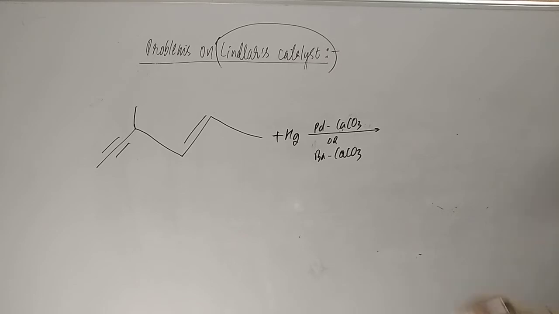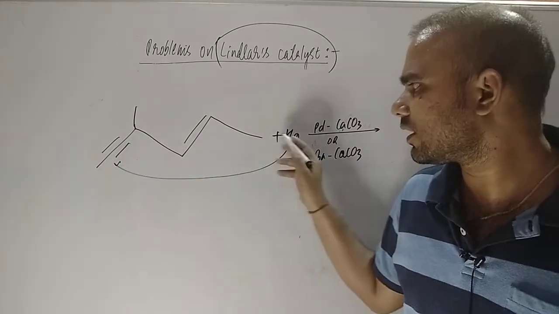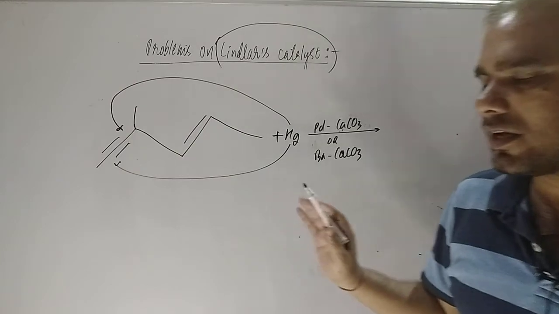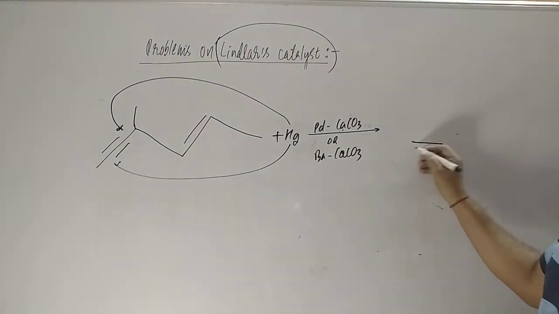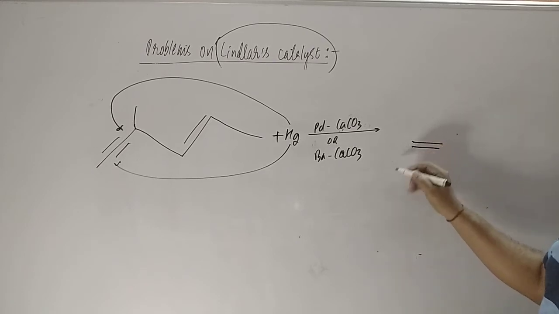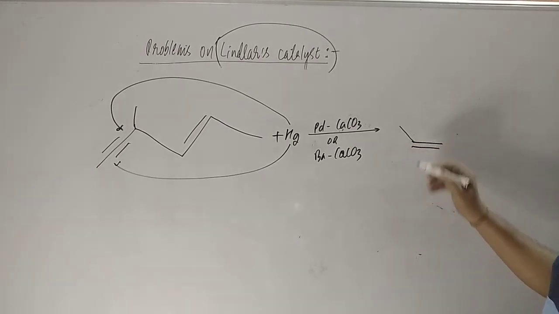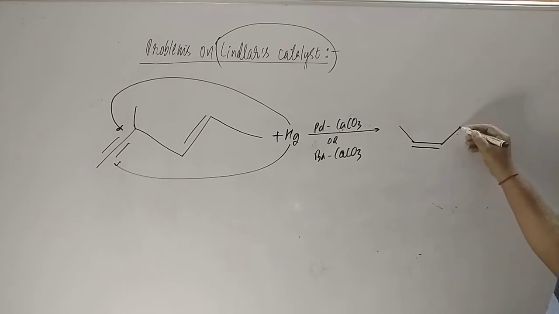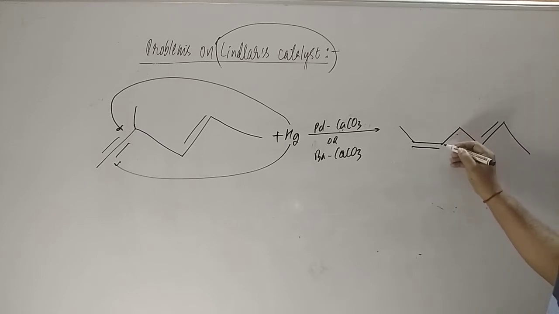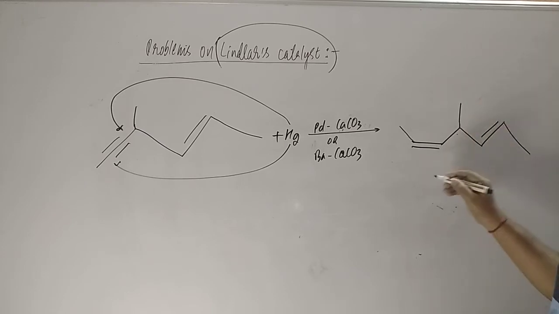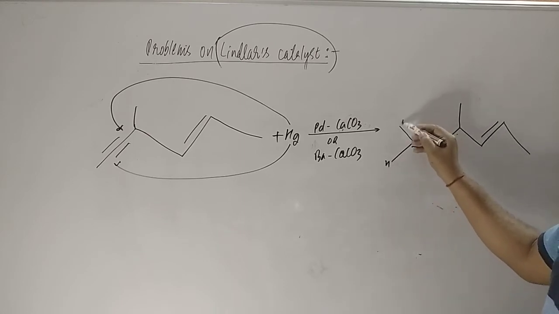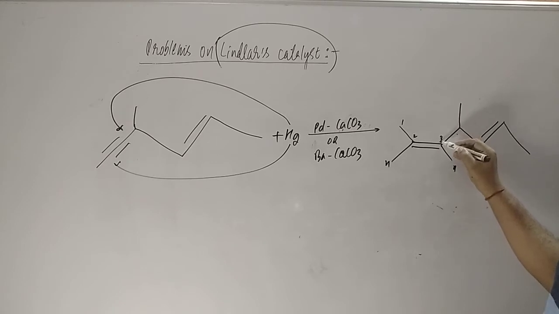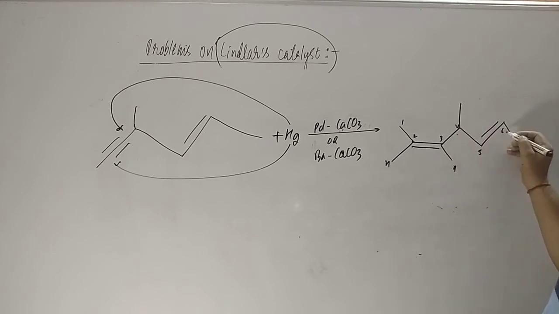So what it is going to do student, it is going to reduce this molecule only, but what the important thing we have to frame, that is cis alkene, right? So you see student, here will be the double bond, right? Here now double bond is there, means here will be the methyl group, and like that you can put it out student, right? Here is double bond, okay. Now this position, if you see, here is the methyl group also, and here is the hydrogen, and here is the hydrogen. So you can number it out student, 1 2, this is 3 4 5 6 and 7.